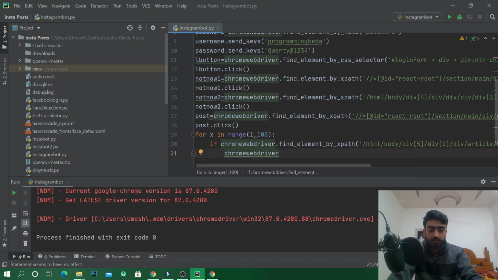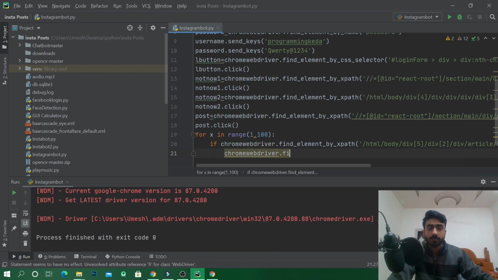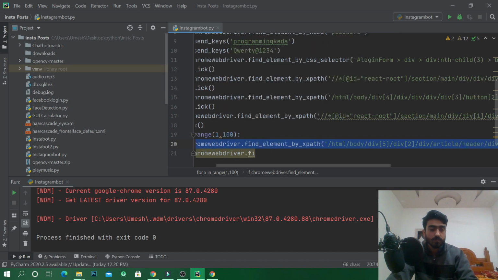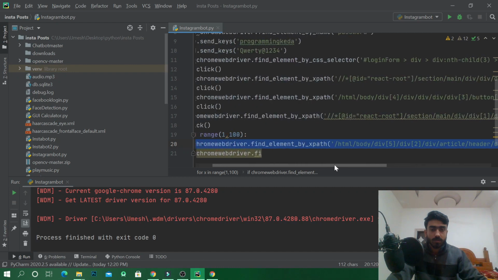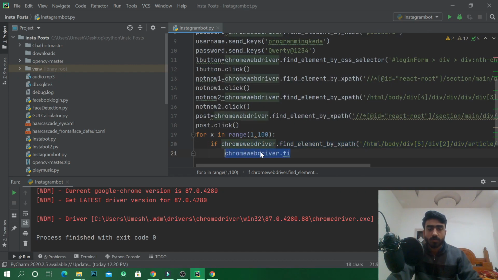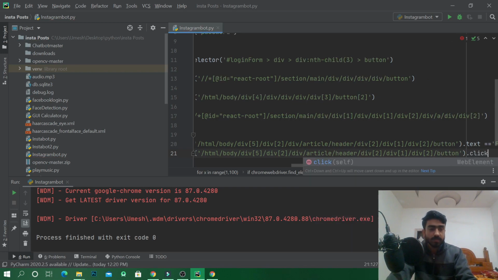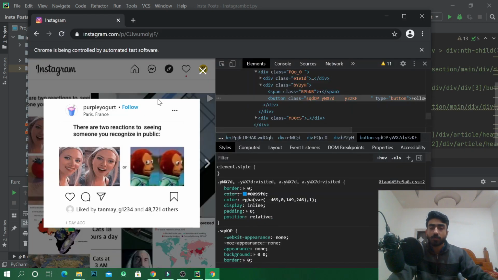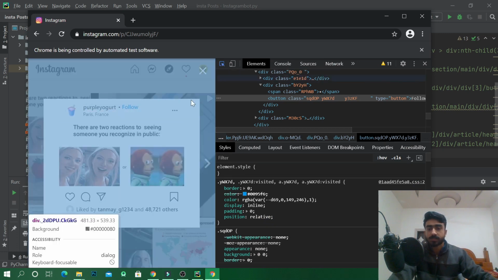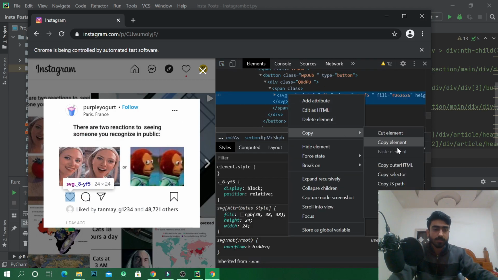button dot click. We'll simply copy paste this. If the text is follow, only then we will click this button. Understand? So after we click this follow, we will press on like. We'll press this mouse button, press on the heart, and we'll copy its XPath,